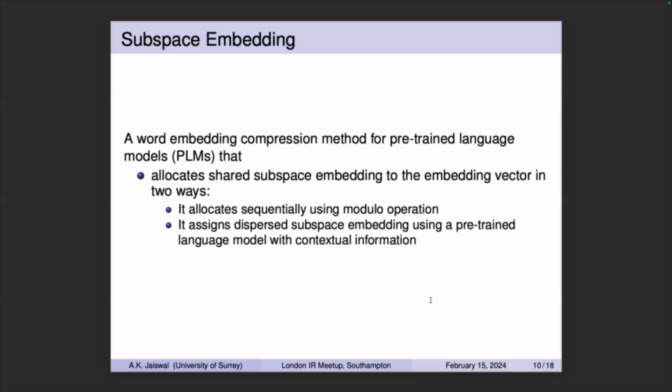The second approach is that we perform randomization as well, because we don't want the problem of overfitting. If you're sharing too much during the fine-tuning stage, your model is kind of exposed to external information. So this is a dispersed subspace embedding